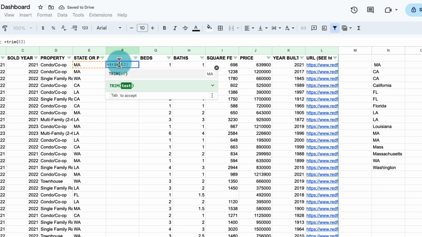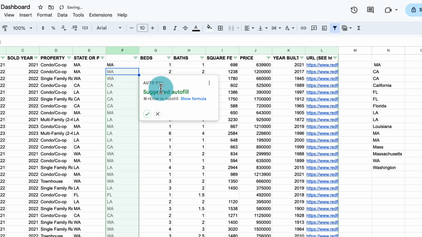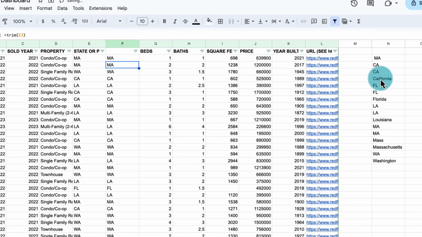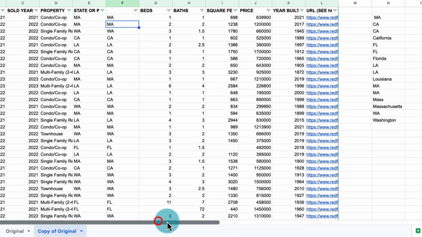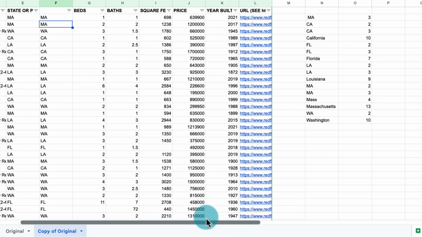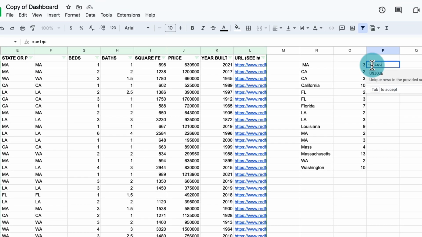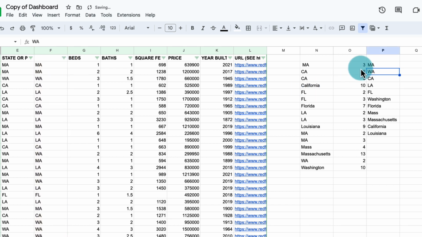And what trim does is that it removes the white spaces at the beginning and at the end, and we're going to copy this all the way down. So as a reference, I'm going to go again all the way over here to the side, and we're also going to do this unique for that specific column that we've just created. So we're going to go from here, F2, all the way to the bottom,